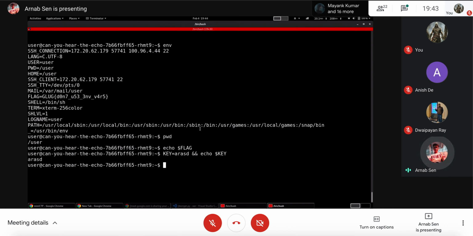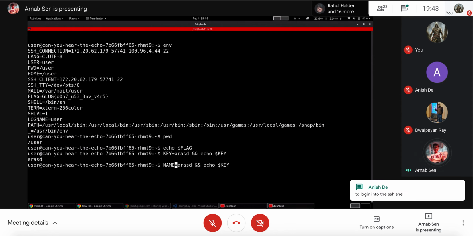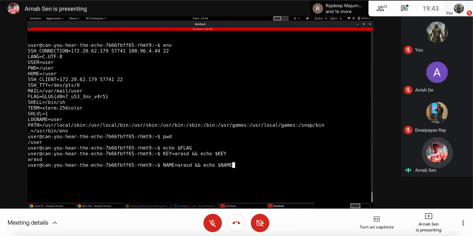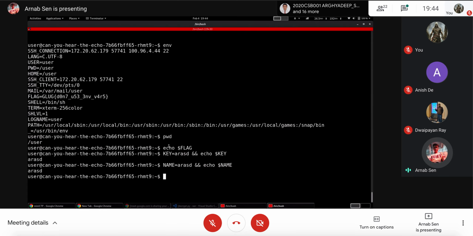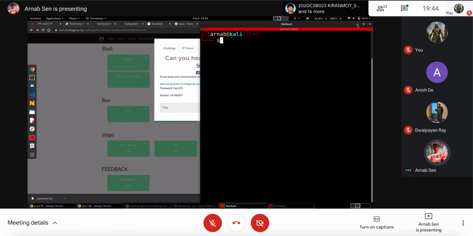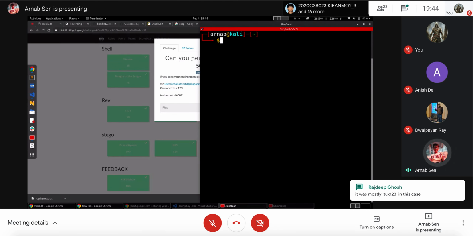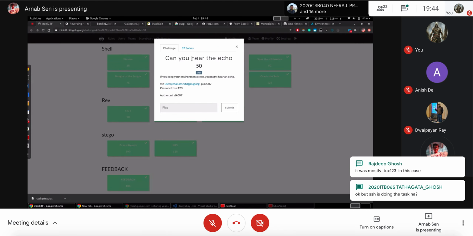So I can set any other environment variable. Let's say I give a name something, and then I echo that particular environment variable. You see, it just displays the value of that variable. Someone asked in the induction what the echo command does, and we told it there. It just prints whatever you ask it to print.